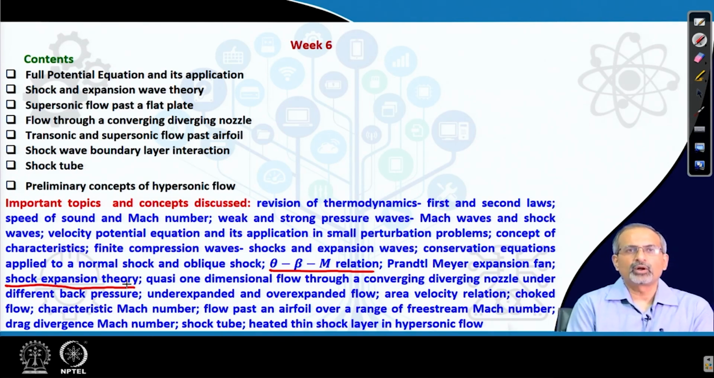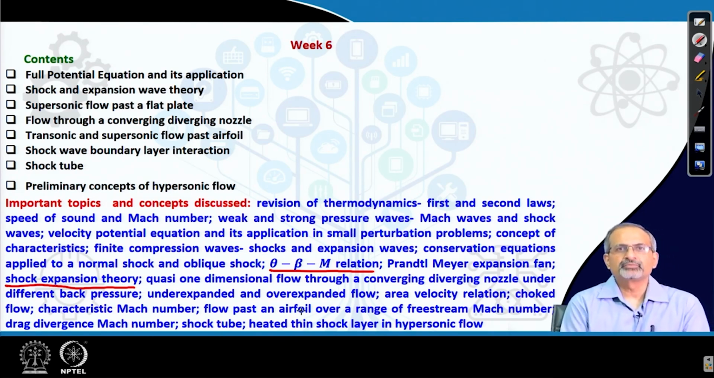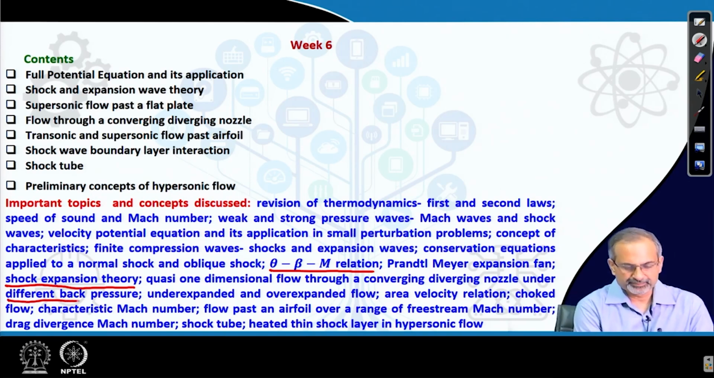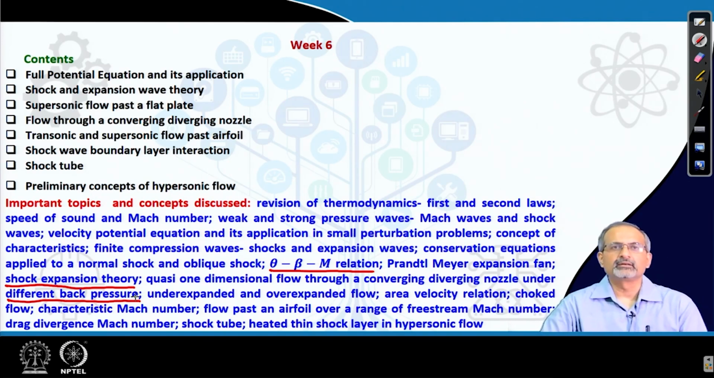Then we discussed quasi one-dimensional flow through a converging diverging nozzle under different back pressures, assuming that the nozzle was essentially choked. Under-expanded and over-expanded flow was discussed in detail. We looked at the area velocity relation, we looked at characteristic Mach number, and then we looked at flow past an airfoil over a range of free stream Mach number, and thereby we discussed the very important concept of drag